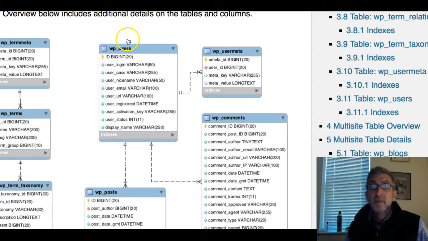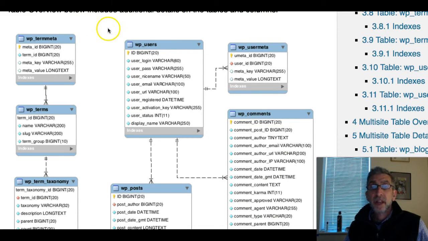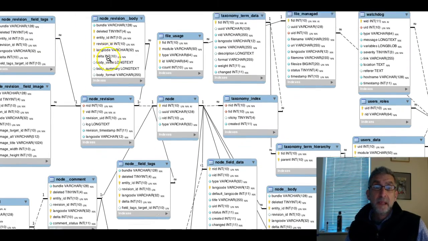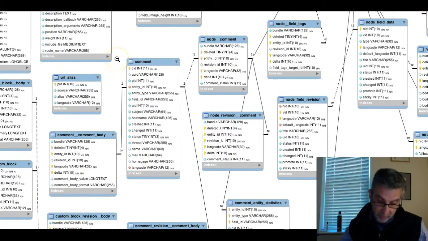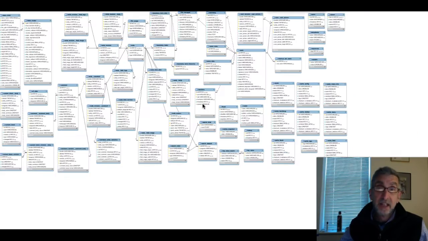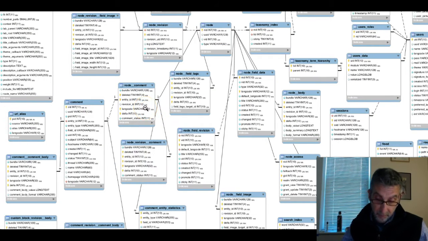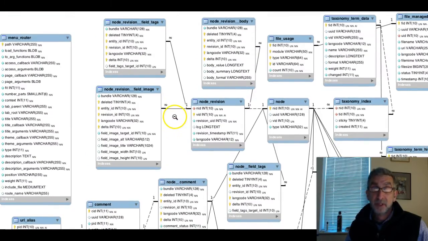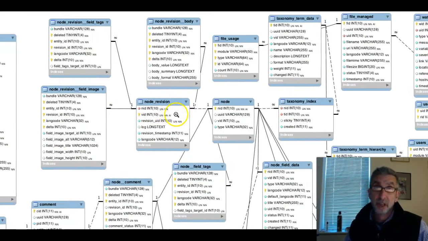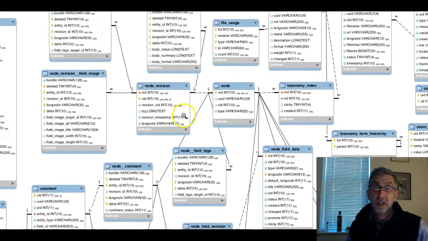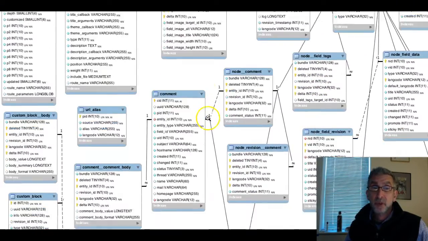Now, maybe you've heard of Drupal. Drupal is a much more enterprise-wide content management system. It's also open source. Let me just go down in size. The level of its complexity is clear from looking at this database schema, which is much, much more complicated than WordPress. If this is any reflection of what you can do in Drupal, this database schema represents how much more complex you can get. And it's true, the learning curve on Drupal is steeper. Ultimately, it's much more powerful, and you can do enterprise-wide